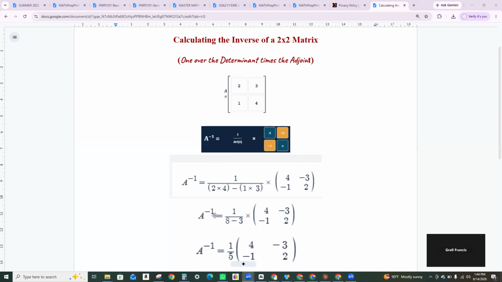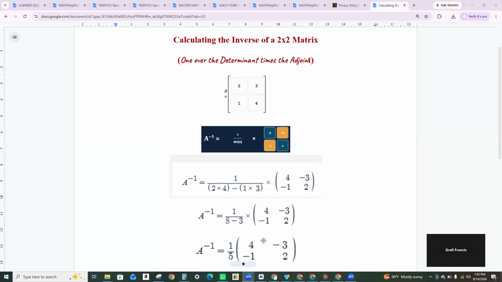The A inverse is equal to 1 over 2 4s are 8, minus 1 times 3 is 3, times the adjoint. And A inverse is equal to 1 over 5, because 8 minus 3 is 5, times the adjoint, which is 4 minus 3, 2 minus 1. You can leave the 1 over the determinant outside, so that 1/5 can remain outside of the bracket, outside of the matrix. 4 minus 3 minus 1, 2, so that the answer can